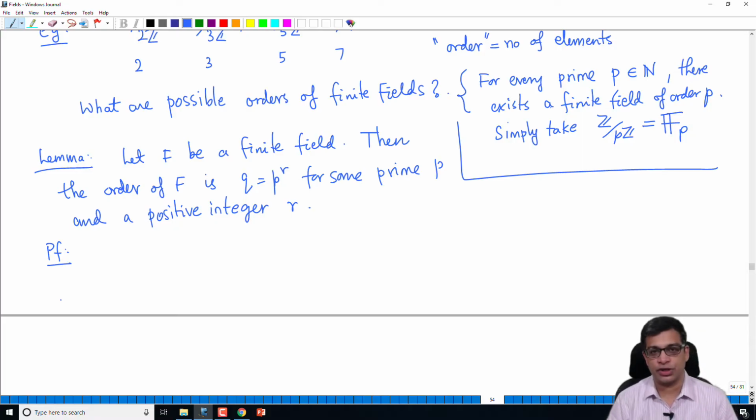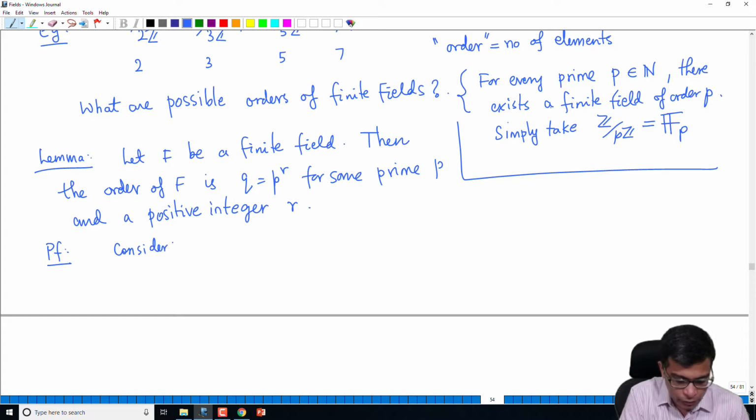This is one of the most standard things that you learn when you start talking about finite fields. What is a possible order of a finite field? It must be a power of a single prime number. So the proof is very simple. Consider the unique ring homomorphism